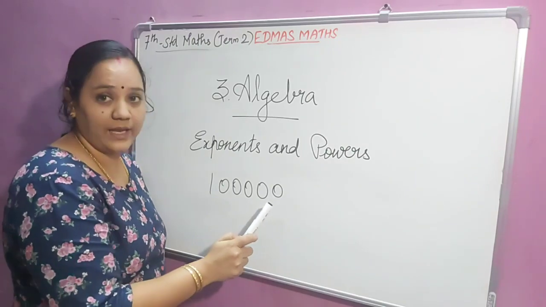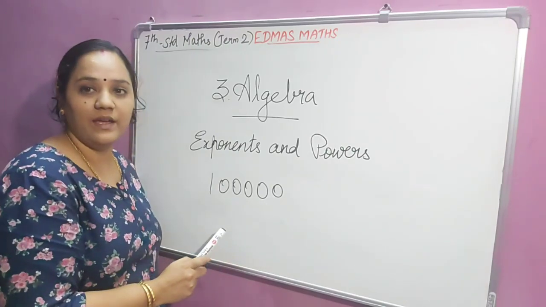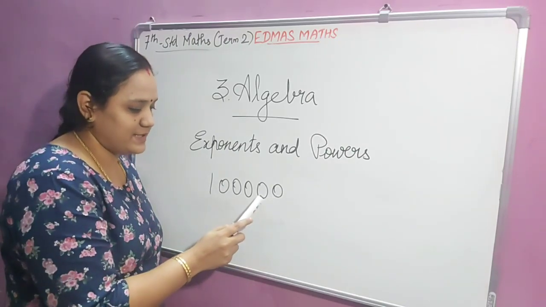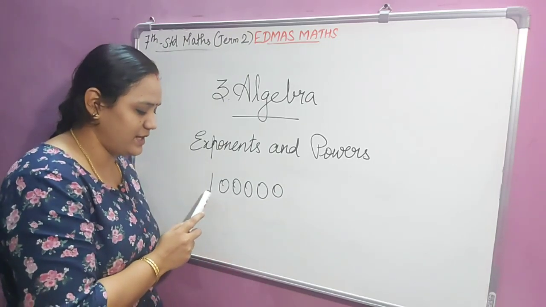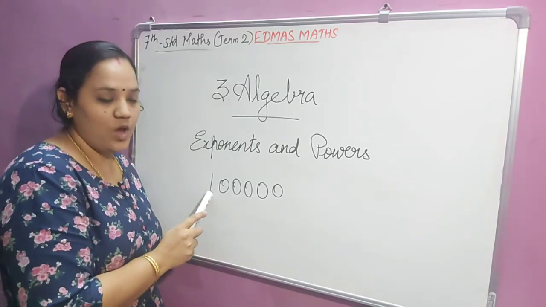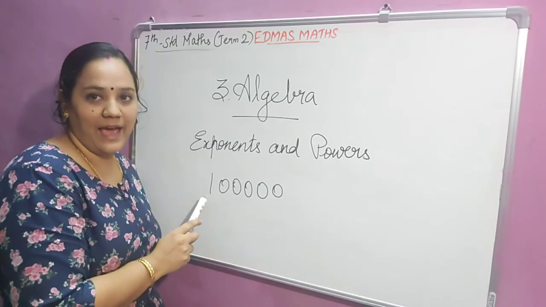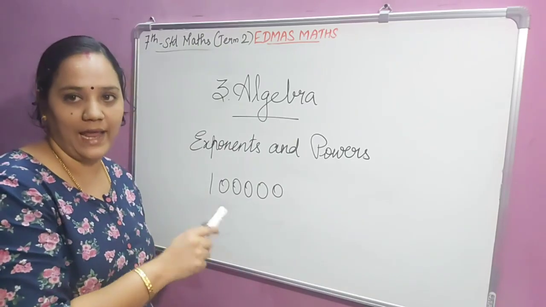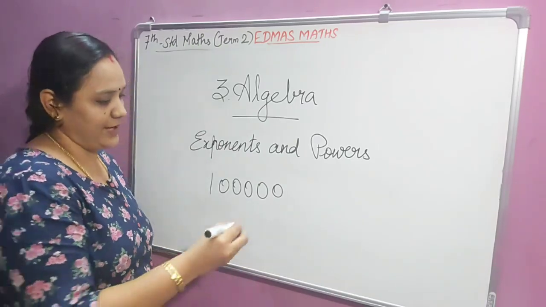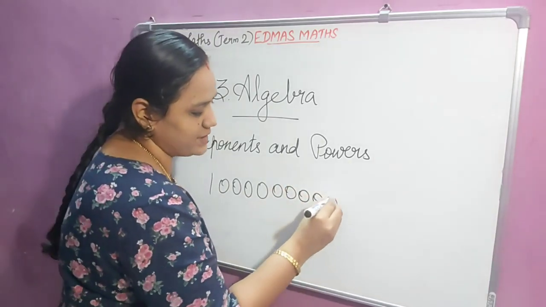Now I'm counting this number using place value. Ones, tens, hundreds, thousand, 10,000 and lakh. This one's place value is lakh. So we can say this as 1 lakh. Am I correct? So for example, if I am adding so many zeros,